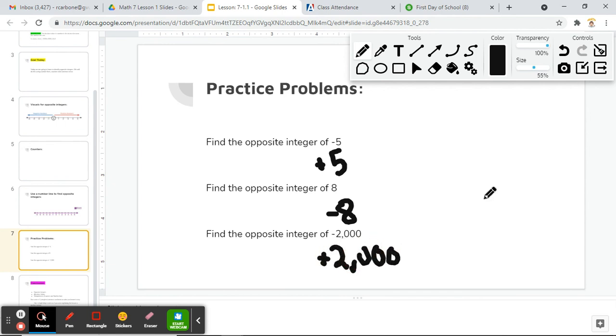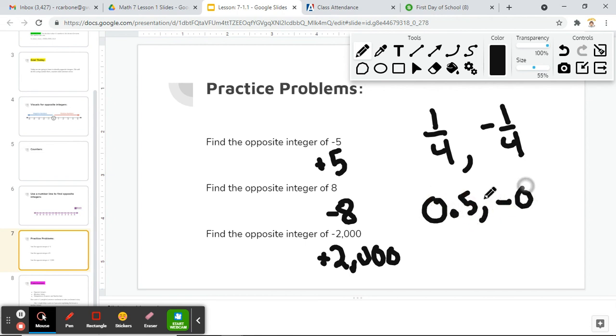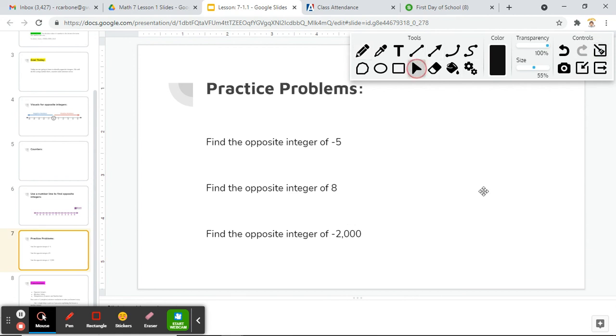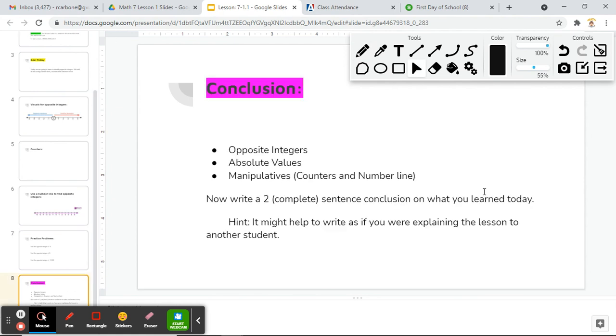Really quickly, I want to go over some other stuff as well. If we were talking about opposite numbers, not just integers, but we expand this to rational numbers and fractions, the same is true for something like this. If I want to find the opposite of +1/4, then the opposite number would be -1/4. If I want to find the opposite of 0.5, then the opposite would be -0.5. So really, to find the opposite integer, we just have to put a negative or a positive sign in front of the other integer. All right, so in conclusion today, we learned about opposite integers, absolute values, and finally some